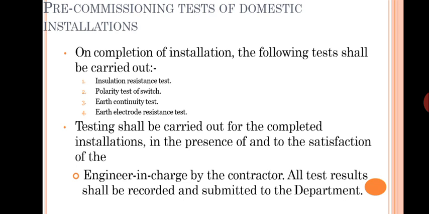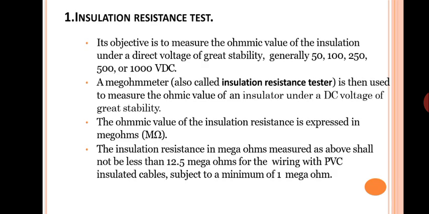So the first one is the insulation resistance test. Its main objective is to measure the ohmic value of insulation under a direct voltage of great stability. So 50, 100, 250, 500 and 1000 volt DC is applied to measure the stability of